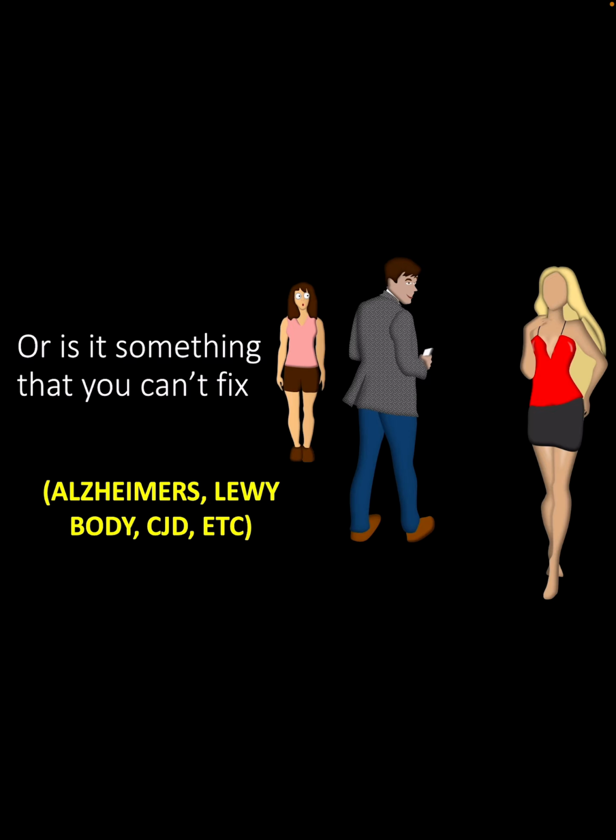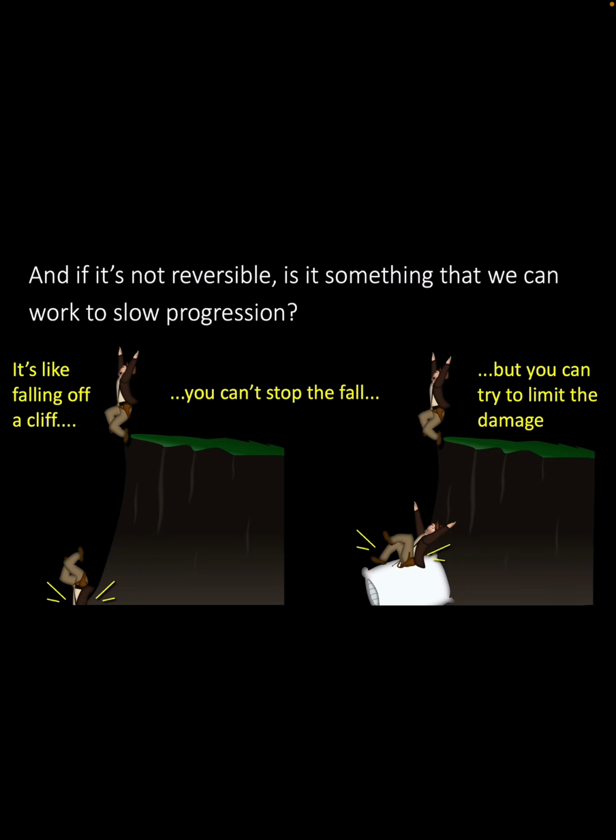But then there's the other type of problem in a relationship, and those are the ones that you cannot fix. If he's got a wandering eye, he's always going to have it. It's always going to cause you problems, and honestly, you should probably find someone else. So it's the same with dementia. There are dementias that you cannot reverse. And this is what we commonly think of when we think of neurodegenerative diseases like Alzheimer's disease, or Lewy body, or CJD. But even among those dementias that you cannot reverse, there are some things that you can do to